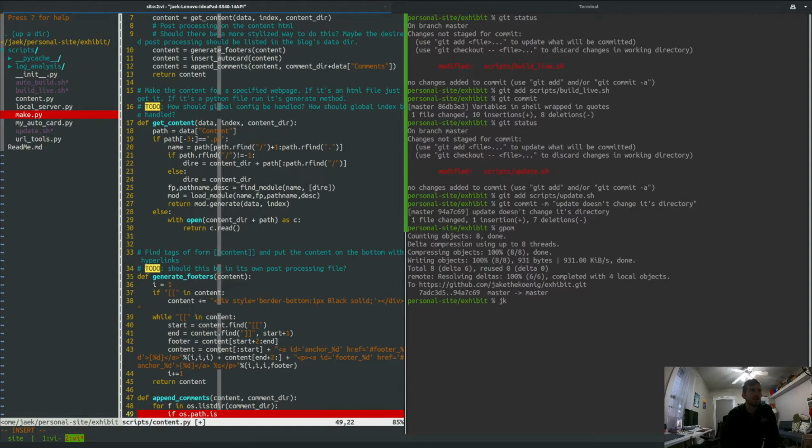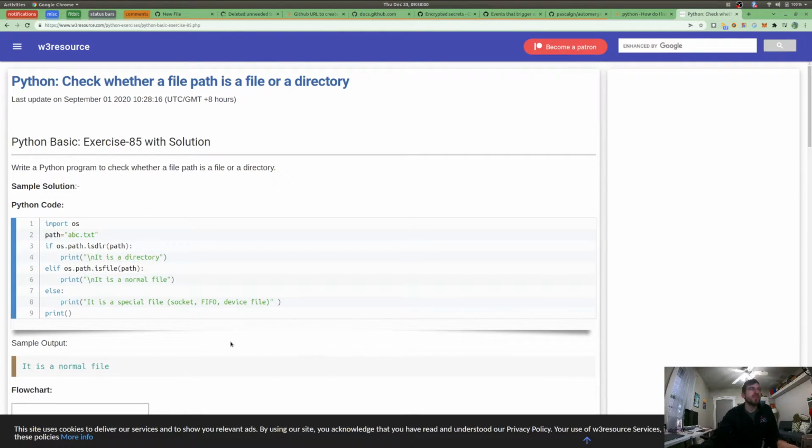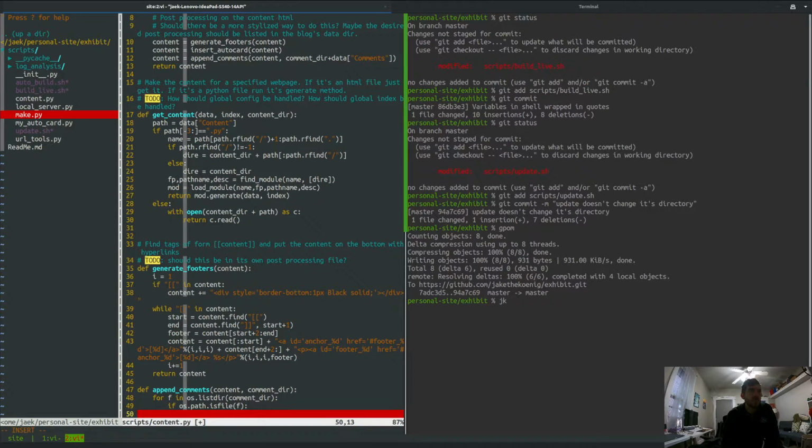Okay, so if os.path.is... Oh, and I assume f is giving me the full path once I list it, or do I need to append? I guess I'll just find out if this works. So for os.path.isFile, what am I checking? I'm checking if f is a file. Then what do I do? I just append it. So content plus equals